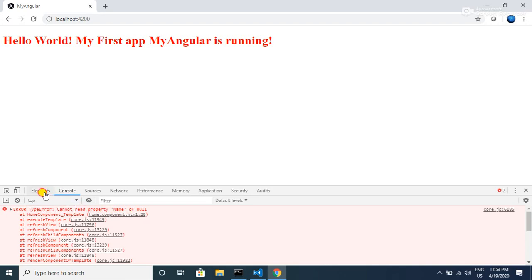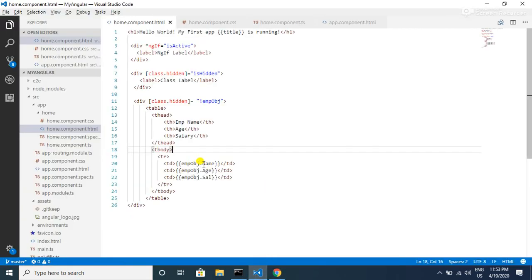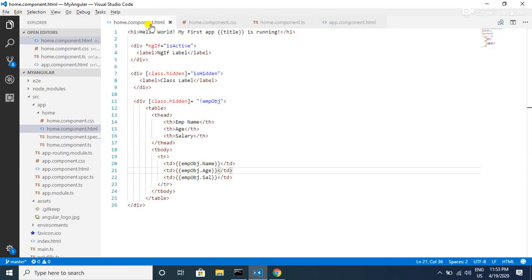The error says cannot read property name of null. The reason is we still have this div and table in our DOM, and it is trying to access the name property of this employee object, and as the employee object is null, it throws the error. So that is the problem with class binding. When the object is null, hiding and displaying will not work.